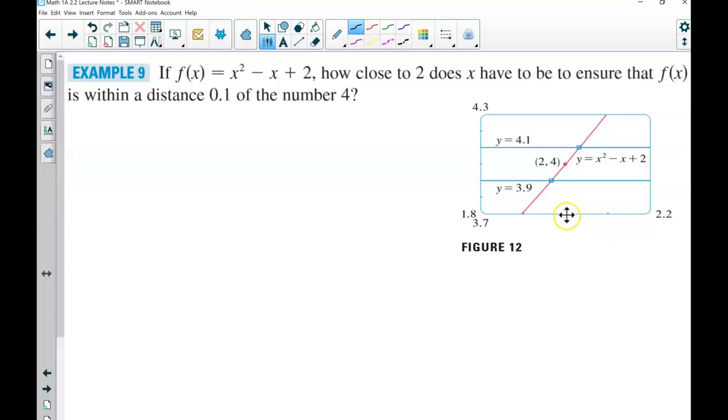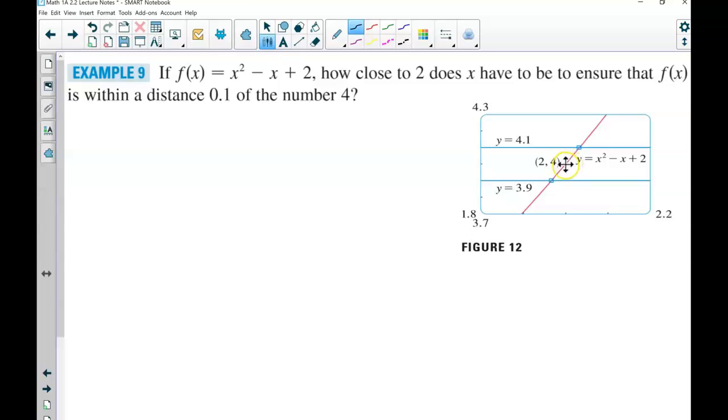So here is 2 on the x-axis, and here is the value of 4. So that is our ordered pair 2, 4. So we're looking at these values here. So if the distance from the function f of x to 4 is less than 0.1, then f of x lies between 3.9 and